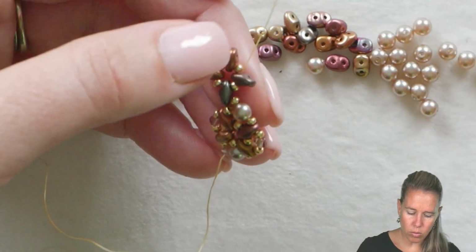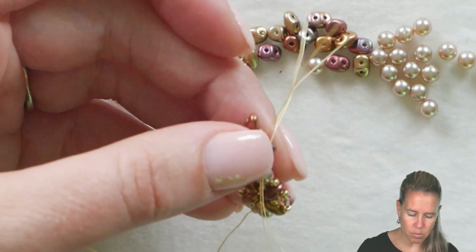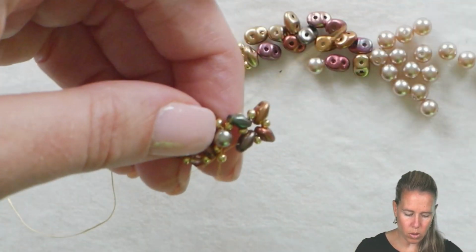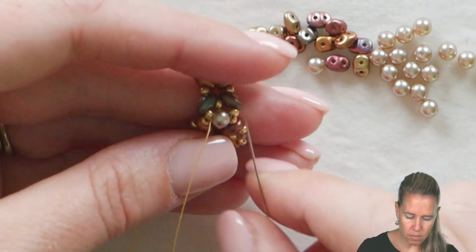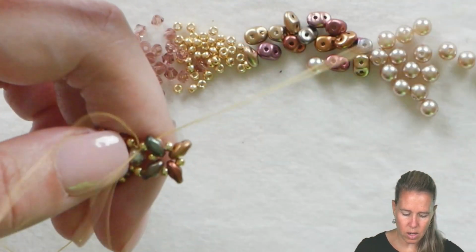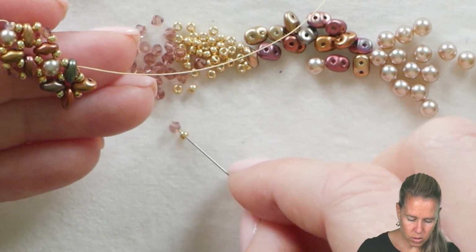Reverse the thread through that SuperDuo, coming out through the top hole of that same SuperDuo. Add your 11-0 seed bead and sew through the 4mm pearl. That gets our next one linked on there. From here, go ahead and sew through your 11-0 and your SuperDuo, that secondary hole, towards the outside, 11, crystal,